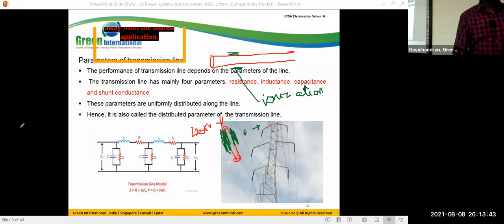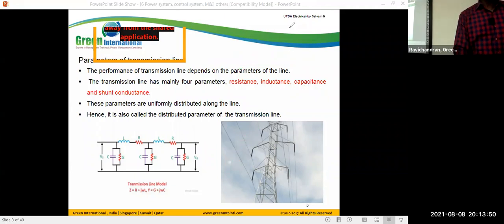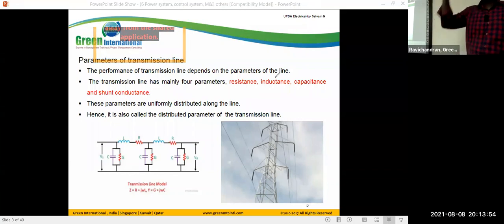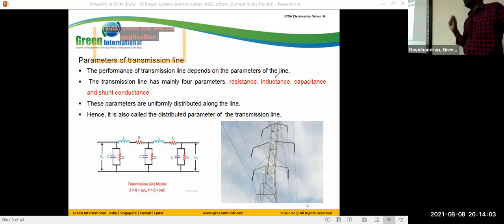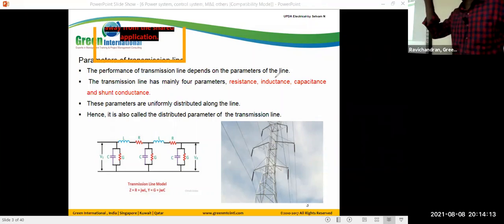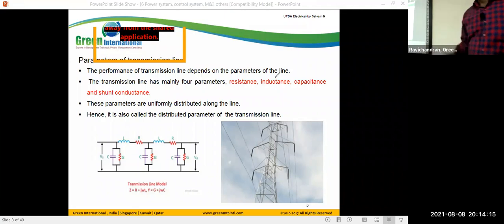And how do we identify whether corona losses occur? I hope most of the people working in construction, if you go to the Ras Al Khaimah area, even in our home country, if you are crossing high transmission lines late at night, we hear a humming sound. So that is important. How do we identify corona loss? By hearing the humming sound, and late at night we can visualize a violet color surrounding the conductor.